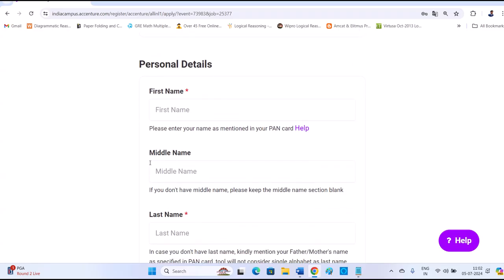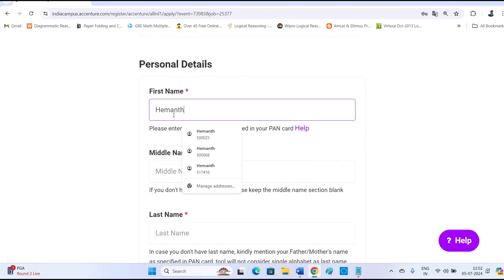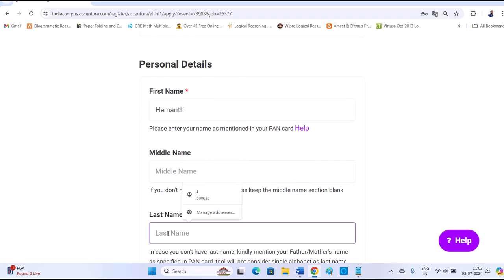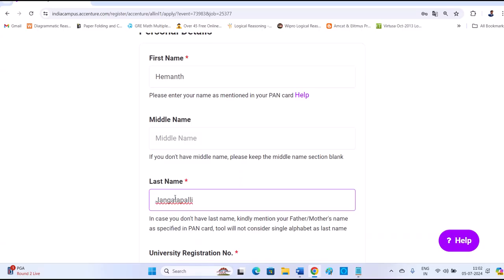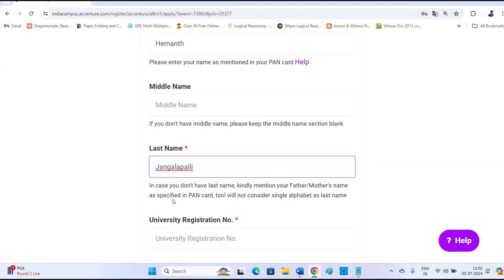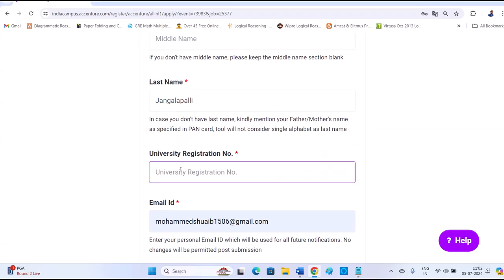That's not an issue. And as I mentioned earlier, your first name and last name are mandatory. Middle name is not mandatory. And if the initial is J, it won't be considered. You have to mention what the J expands to. If it is a single letter, it won't be considered. And your university registration,